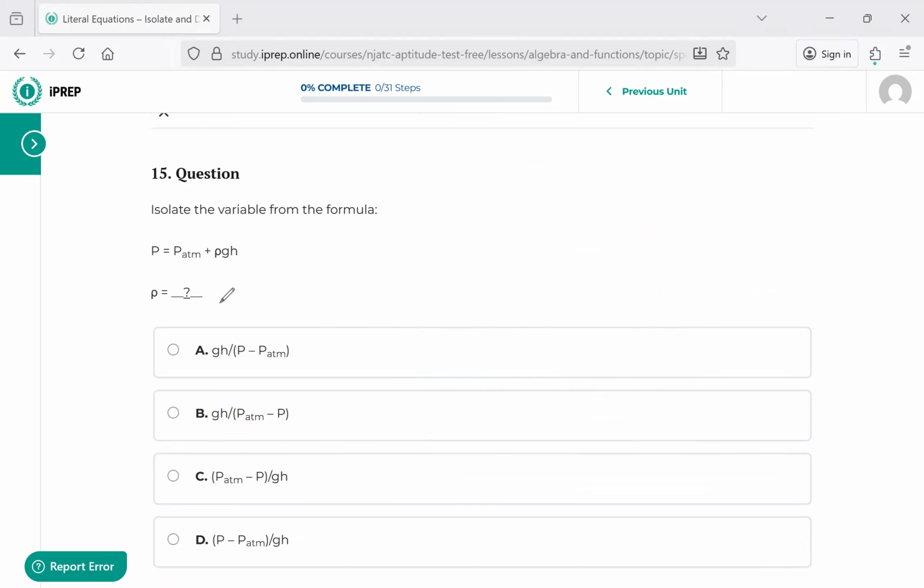Okay. We have P equals P ATM plus, I think that's a P. No, I think this is a sigma. This is not a P. This letter right here is not a P. It's a sigma. So what you want to do is isolate that sigma. It looks like a P, but it's not. So first what I would do is, here, let me write it out. P equals P ATM plus sigma